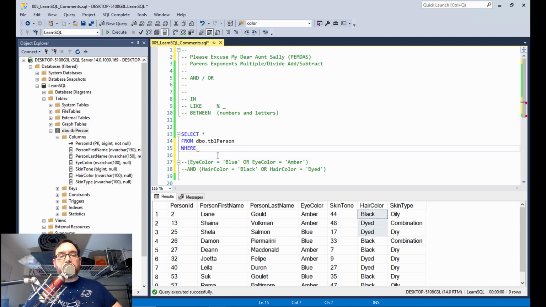I want to see all of the data from the person table where the eye color is in open and close parentheses, and here are our separated values, just like a select statement, except we are looking for specific values, so we need to quote them. These are strings. Amber,